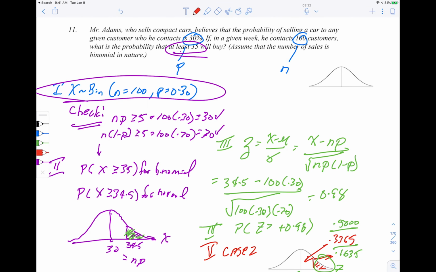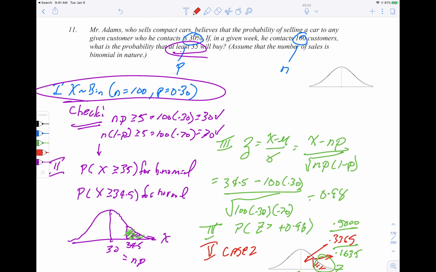So Mr. Adams, who sells compact cars, believes that the probability of selling a car to any given customer is 0.3, 30%. So that's our P for a binomial problem. If in a given week he contacts 100 customers, that's our N, what is the probability that at least 35